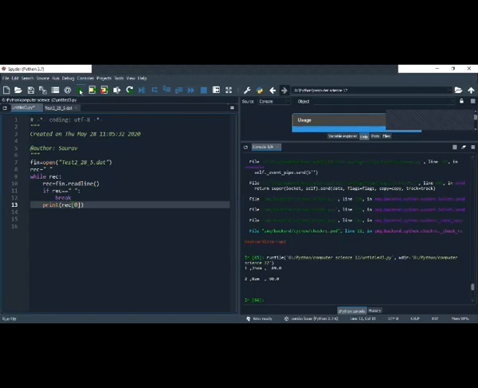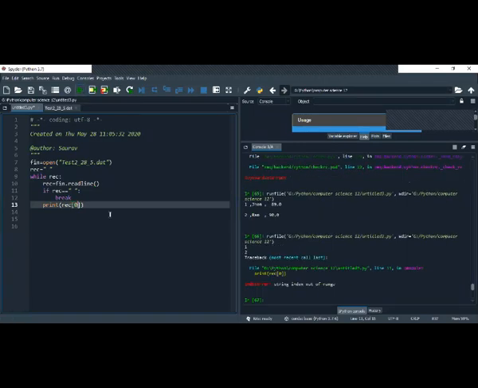So what I will be writing: index 0 is out of range. So let us do one thing. Dot split, comma, print str.